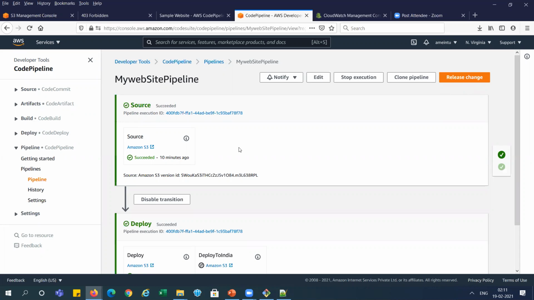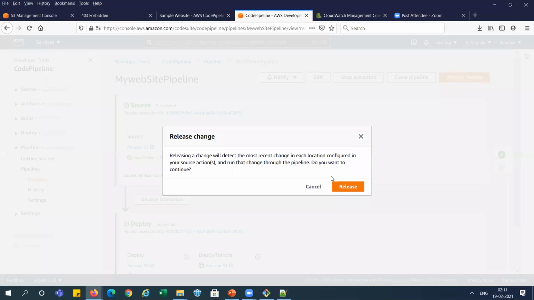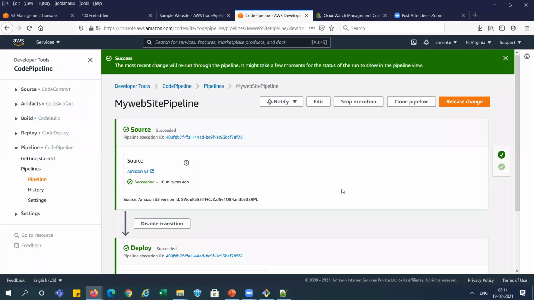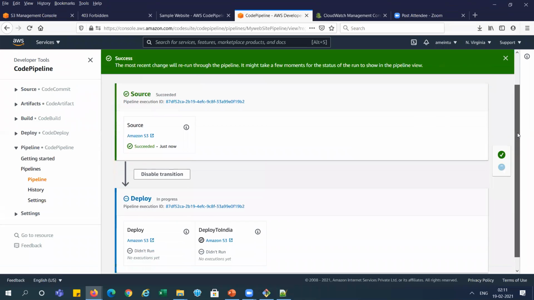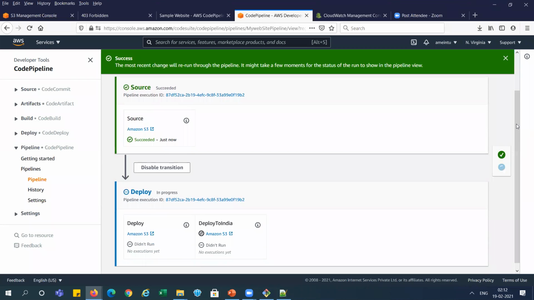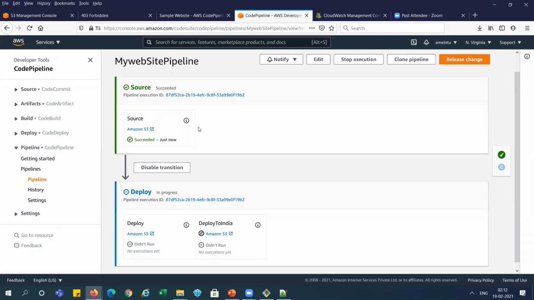So earlier we did the code change, so we will do it this way. I will show you how it is working from here. You can see here this version ID is showing RPL sub 38 RPL. Now it will change. See, I'm just creating the release changes, right? See, this started just now. It quickly started, right? And it is success, right?